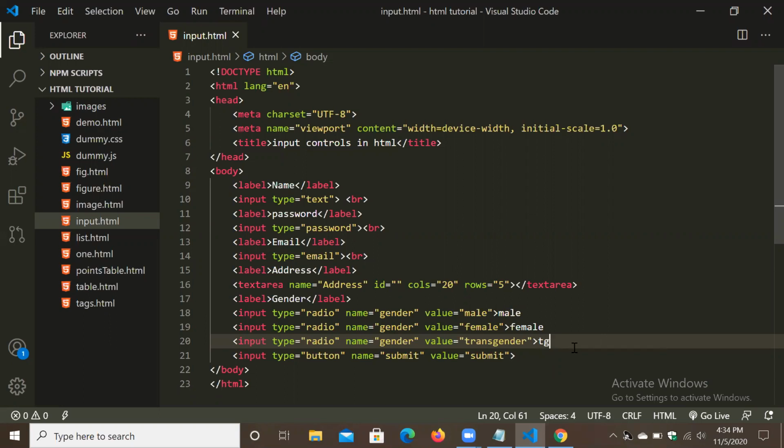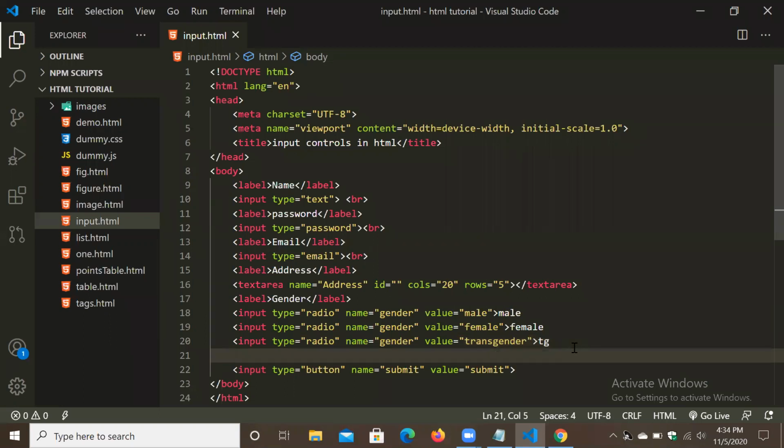So next thing we have to add is another input type is equal to checkbox. Okay, checkbox, and name is equal to check and value is equal to, I think hobby, we will give hobby.